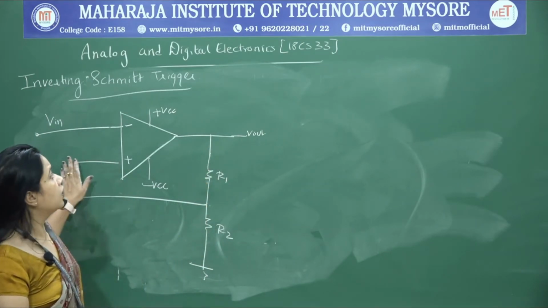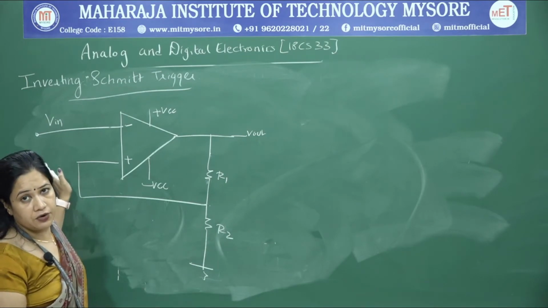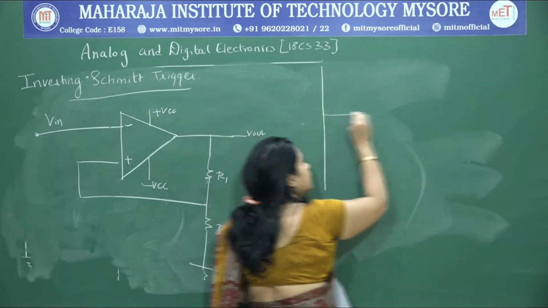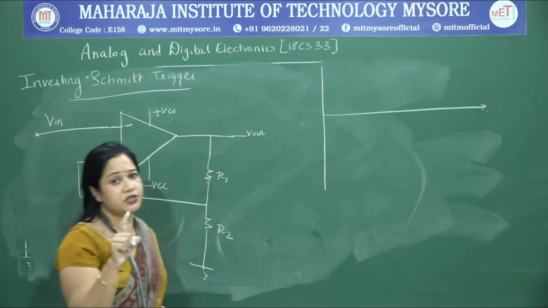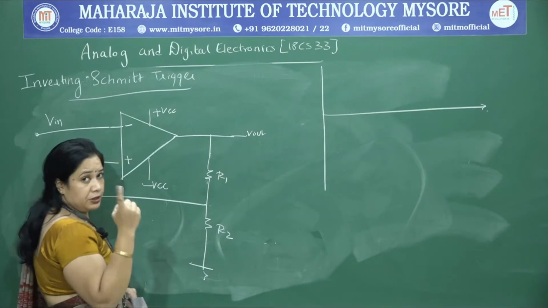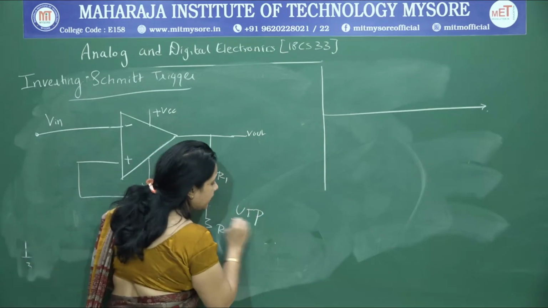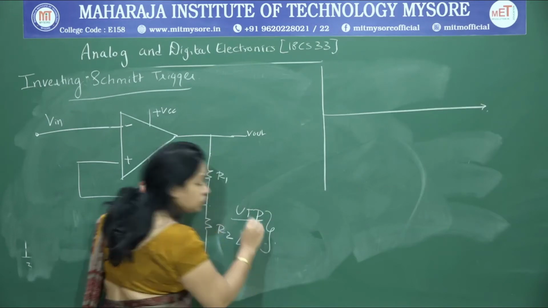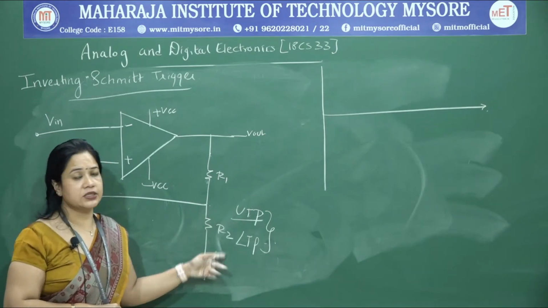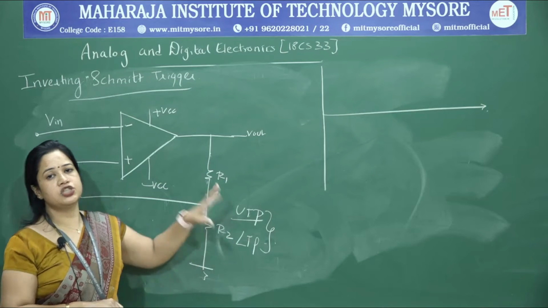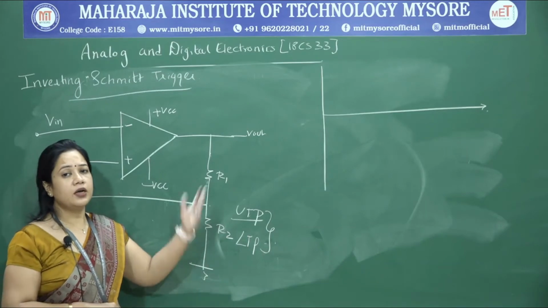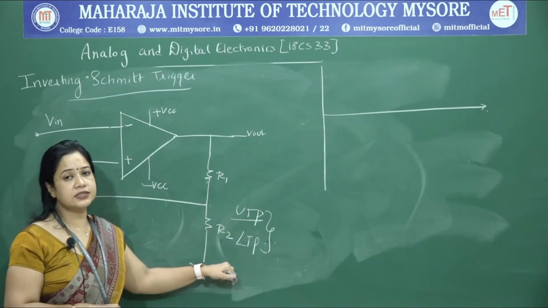Now we will see the working of your Schmitt trigger. As I said, it converts any signal to a square wave signal. If I give a sine wave as input, please note, all Schmitt triggers switch from high to low or low to high at two trigger points. We call them the upper trigger point and the lower trigger point. The switching from high to low and low to high happens at these trigger points. So when the input crosses the UTP, it switches from one level to the other, or when it falls below the LTP, it switches from one level to the other. We call these trigger points.